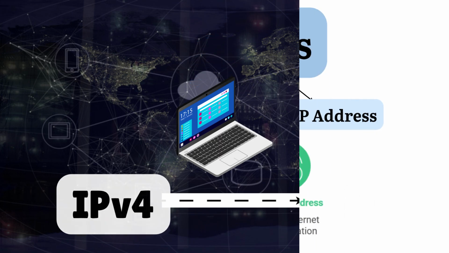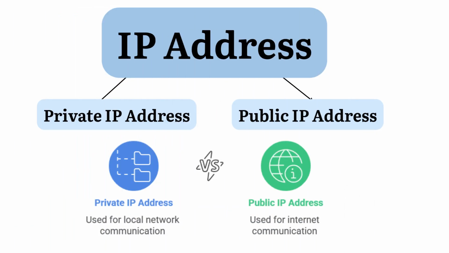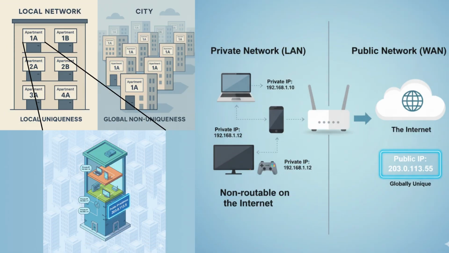IP addresses are split into 2 major types: private and public. A private IP address is non-routable on the internet. It's used only within your local network, your home, your office, or a school campus. Your phone and laptop each have a private IP so they can talk to each other and, crucially, to your router. Think of it like an apartment number inside a building. Apartment 1A is unique within that building, but there are thousands of other Apartment 1As in other buildings around the